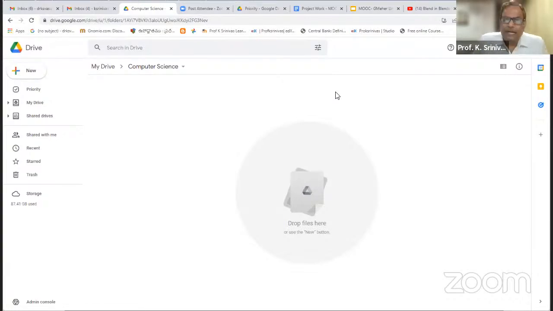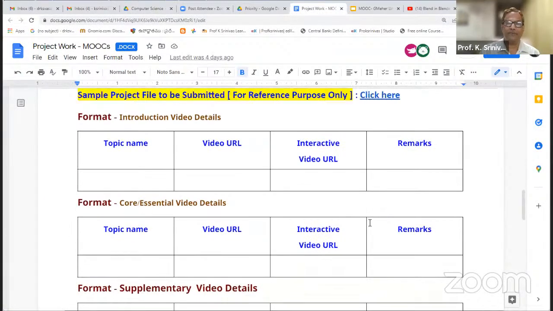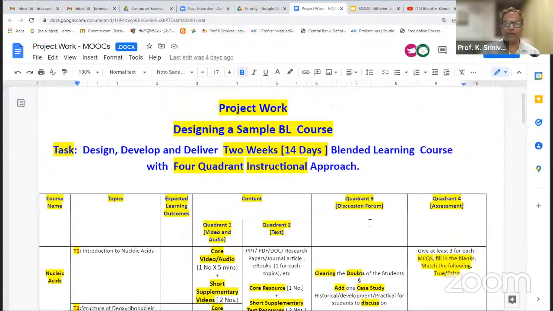As I already told you, I will give a small project work to you, and I wish you to work on this. I think in the last theoretical part this must have been told to you. We are going to design, develop, and deliver a 2 weeks blended learning course with a 4-quadrant instructional design approach. Some of the things we'll try to align with our